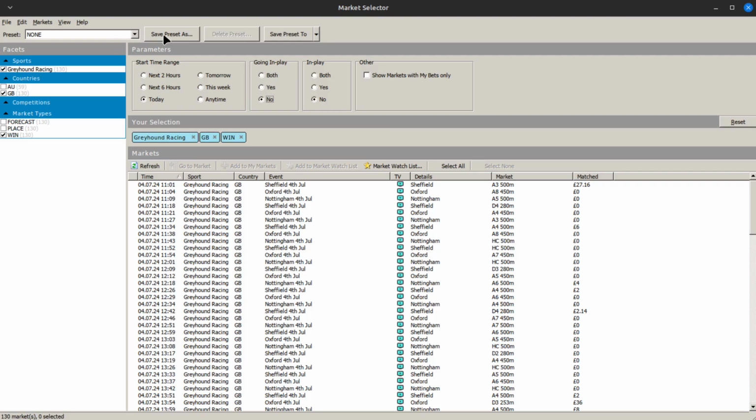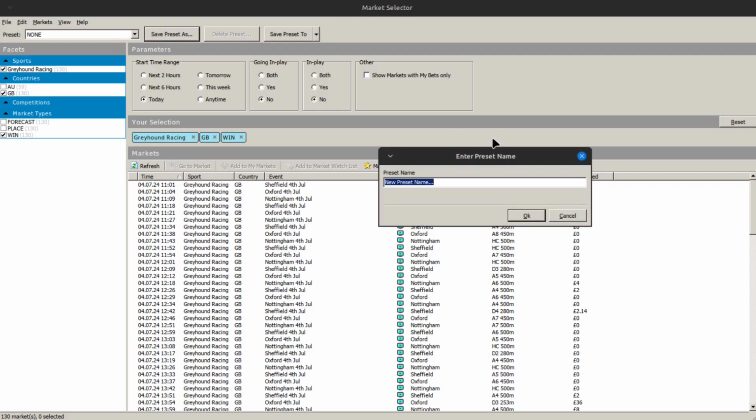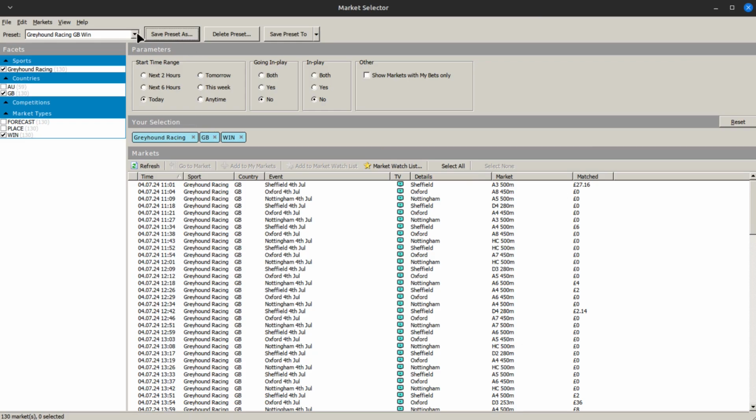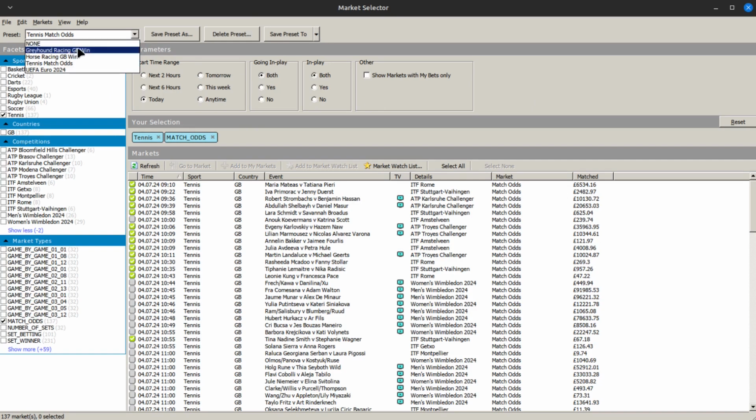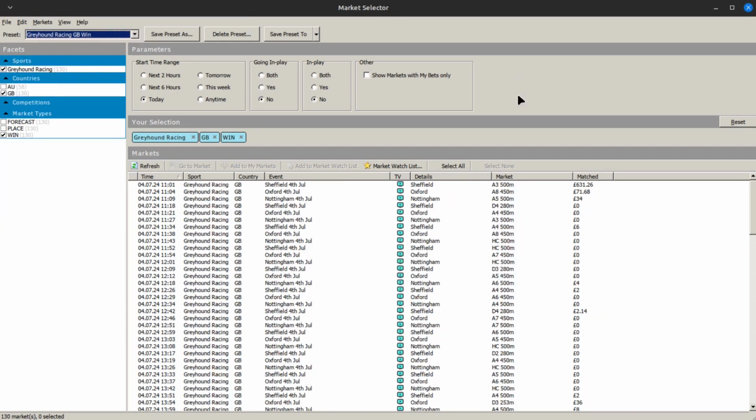So let's just save preset as, and this will be greyhound racing. I'll put it as GB win markets. Okay, and so now we have our list here. So whenever we go away from this, we can very quickly do our search again simply by selecting from the list. Now you'll see if I go to the Euros,